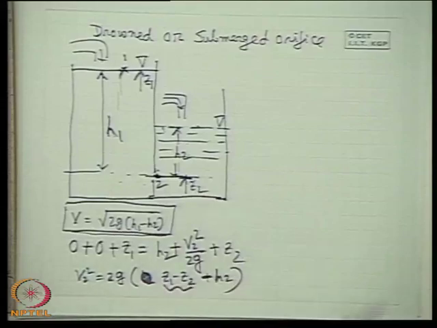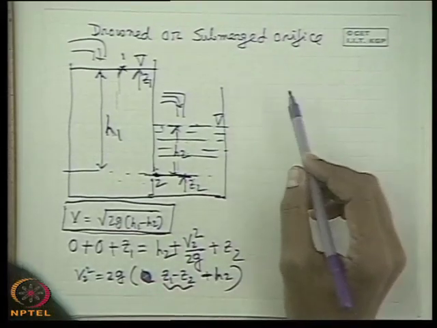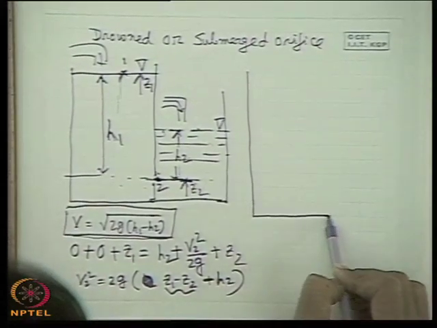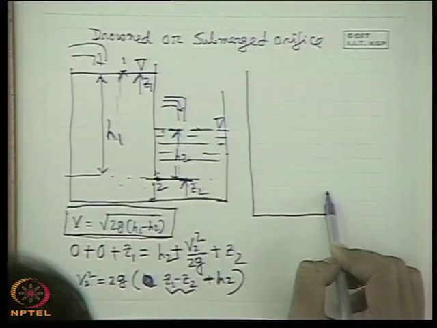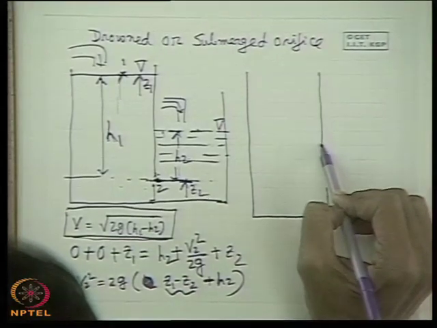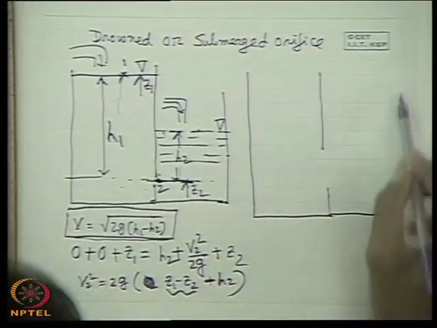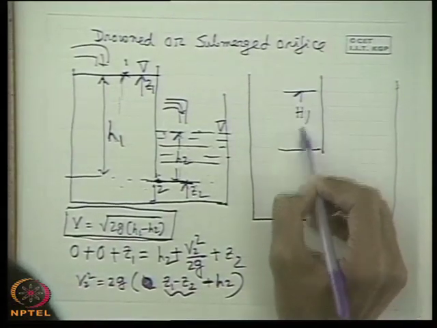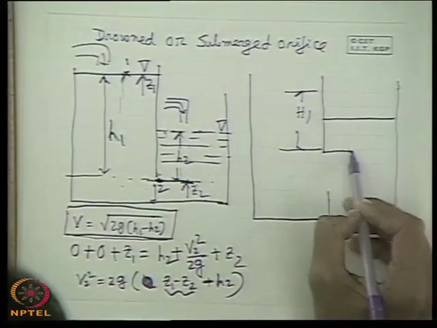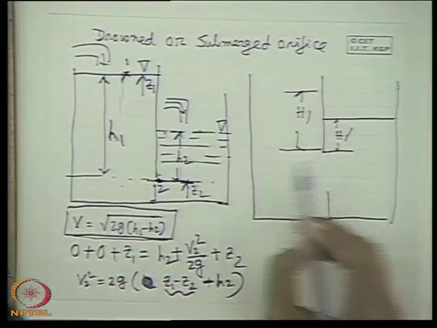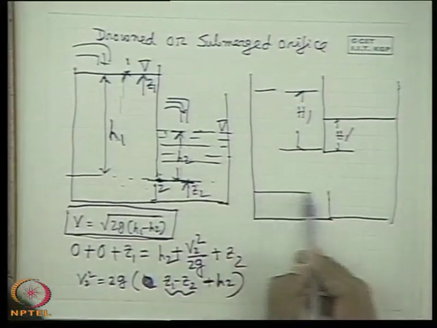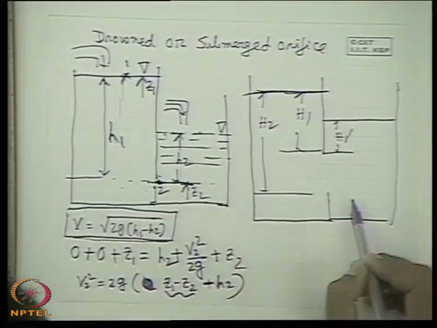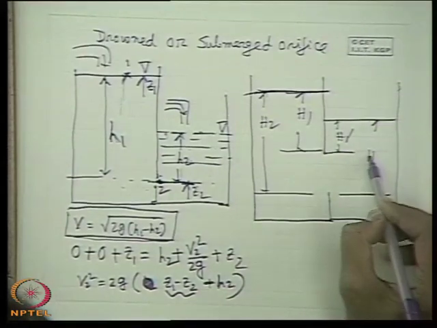But in this case, one interesting thing is that there is no difference between a large and a small orifice. If we have a large orifice, for example, this is a large orifice, and let this side also be a large orifice, let this be h1, and this side let this be h1 dash. There is no difference between large and small, why? How? I show you. Let this be h2, that height of the water level from the bottom on this side, and correspondingly this side h2 dash.